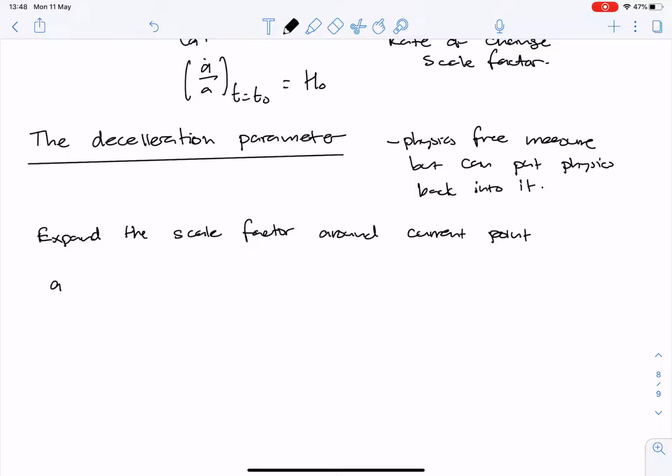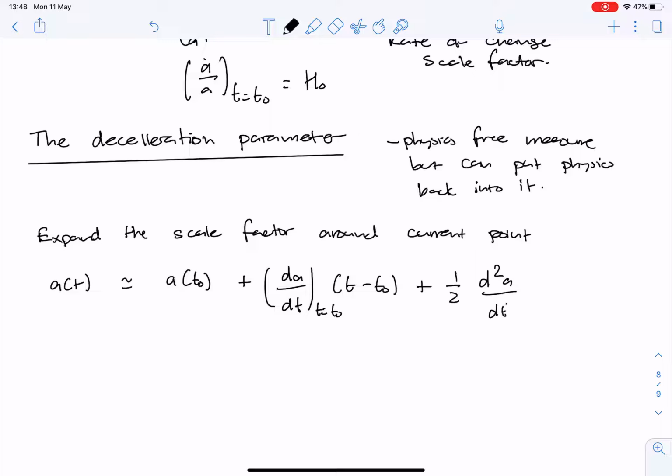So I take a of t, and I write that that is approximately equal to a of t0 plus dA by dt at t equals t0, times t minus t0, plus a half d2a by dt squared, again at t equals t0, times t minus t0 squared, plus etc., go on forever. And then I divide this by a of t0,